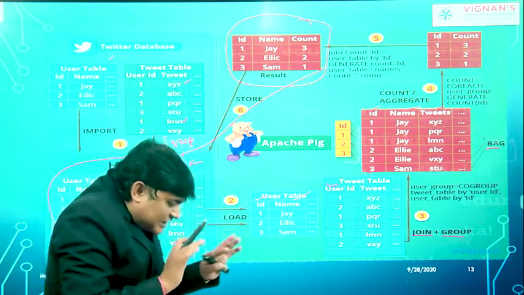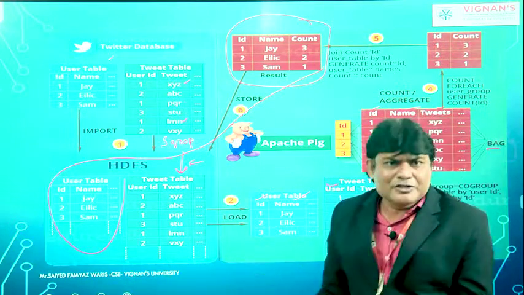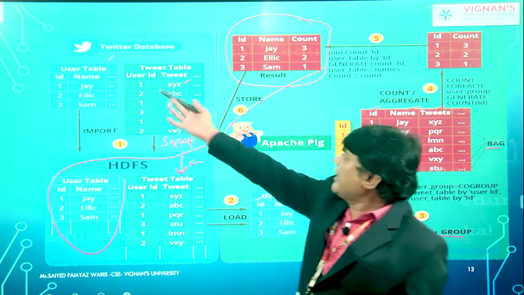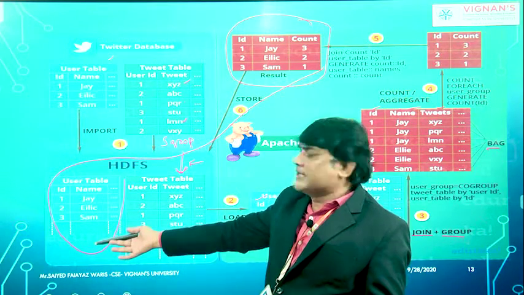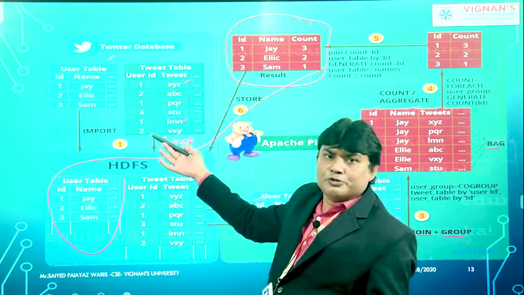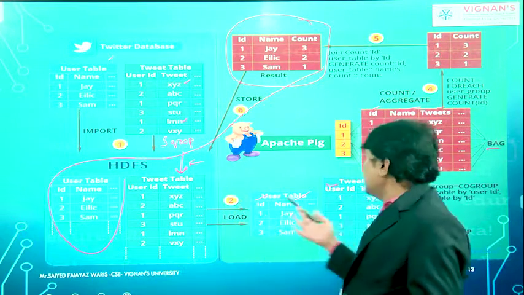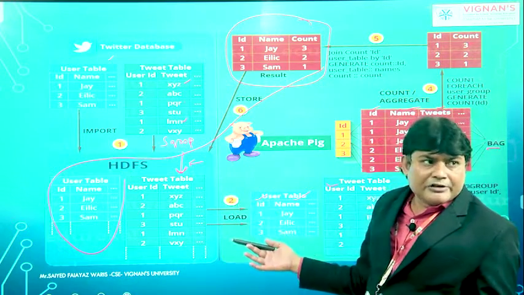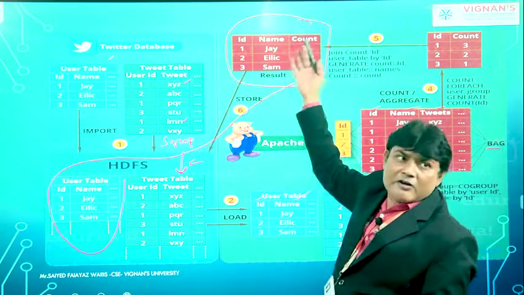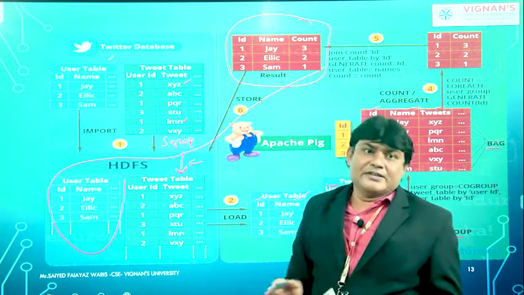So here there is no need of metadata. Of course, you don't need metadata. You are taking the Twitter table, putting it into your HDFS using Sqoop tools. Then Pig will take this data from HDFS and do some kind of analysis using scripting languages. They are getting the results, and these results will be stored back into HDFS.